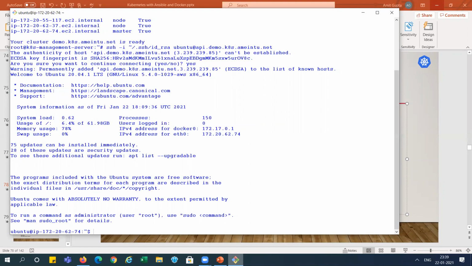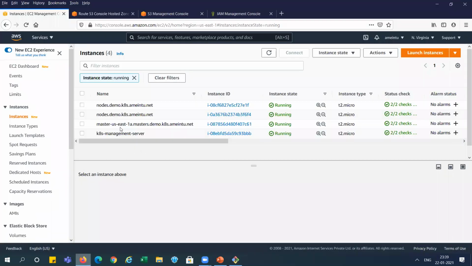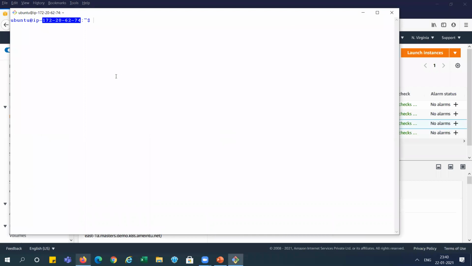You can see here we have connected to this IP, 172.20.62.74. Let's check this IP, right? We can see this is a management server which was created earlier. This is a master server, right? This one. And the public IP, this one is 170.20.62.74. And with the same IP we are connected with this Ubuntu user, right? So